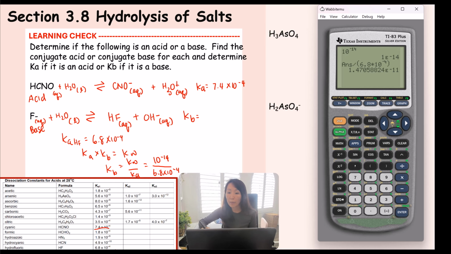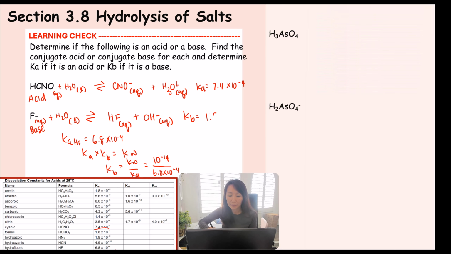Okay, so you got 1.5 times 10 to the negative 11. Well, it does definitely indicate this is a very weak base. But nevertheless, we were able to find Kb. Let's take a